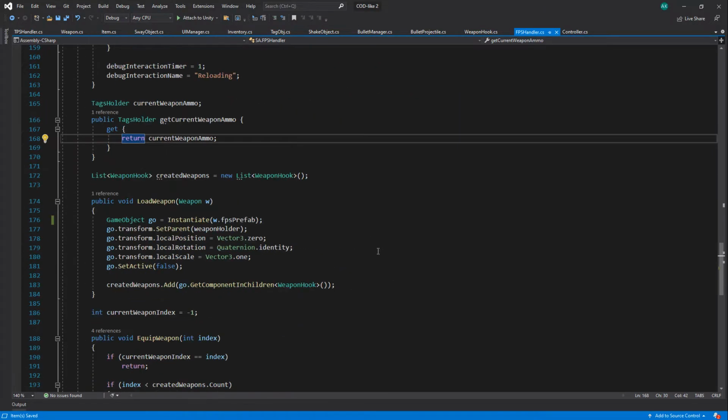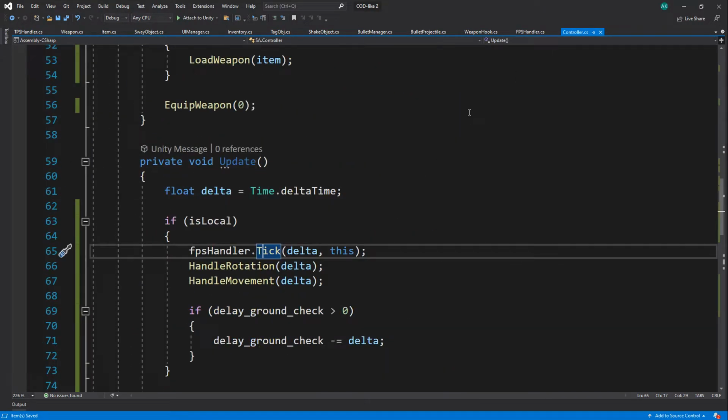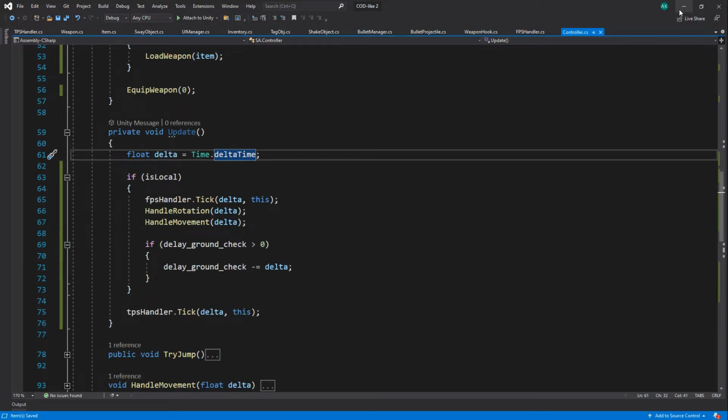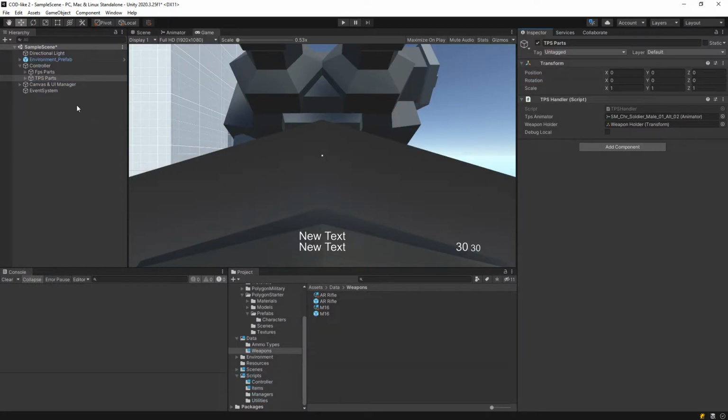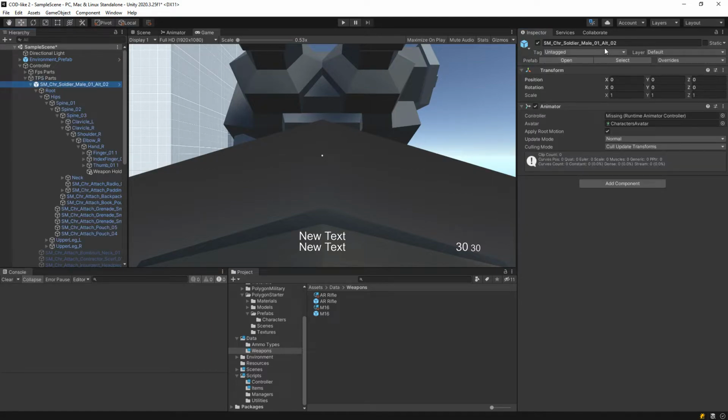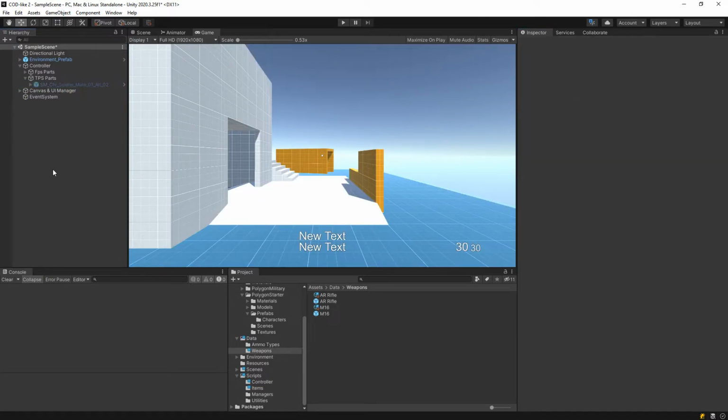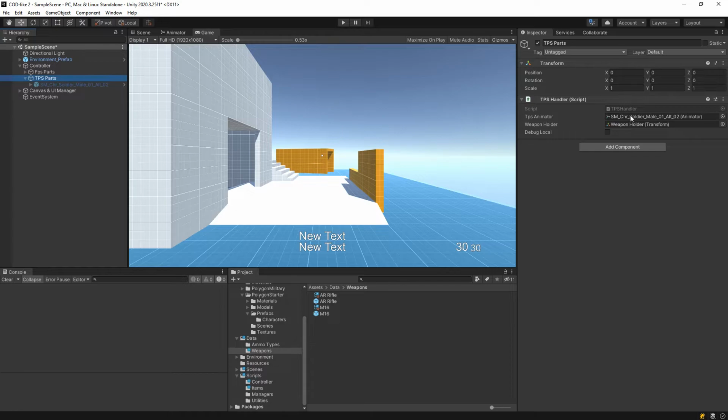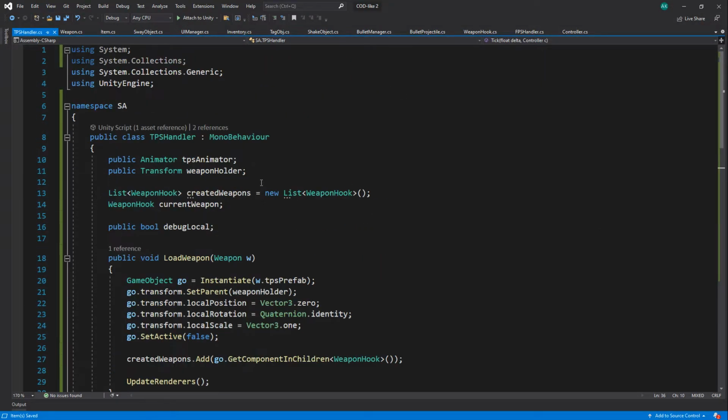So yeah, I think that's it for this part, because we need to find some animations to place. You can also maybe close this guy as well, and let's add a reference to that game object. This animator,